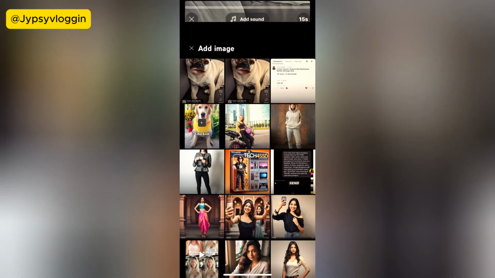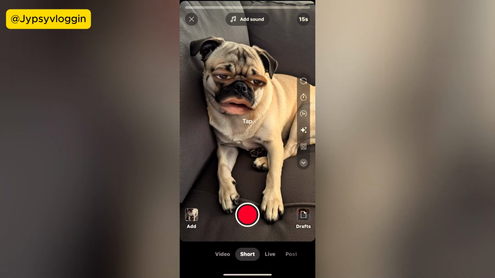Okay, you can drag it wherever you want. Okay, suppose you are not getting the effect like this from the effect gallery, what you can do,